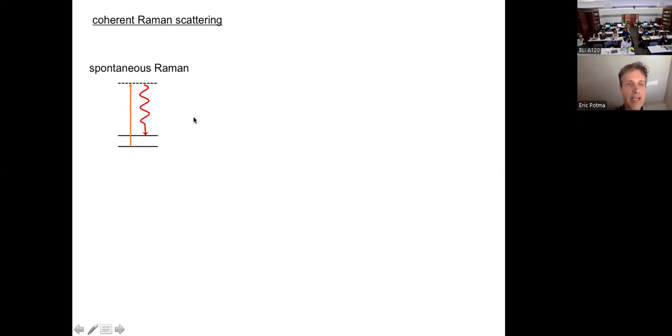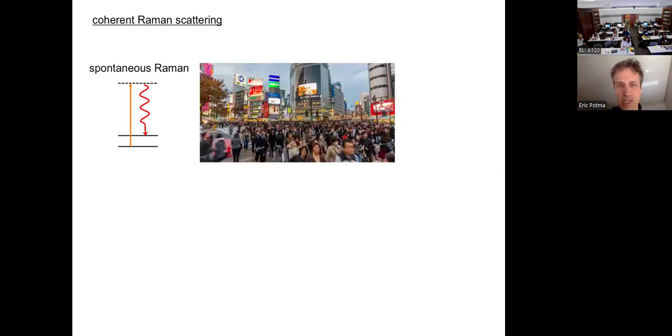Well, the main reason for that is that you see this little wiggle right there, that is so-called spontaneous emission. After one photon comes in, you get this spontaneous emission coming out. This spontaneous emission is extremely improbable, that's one. And the other part is that if you have an ensemble of molecules, let's say these people represent molecules,